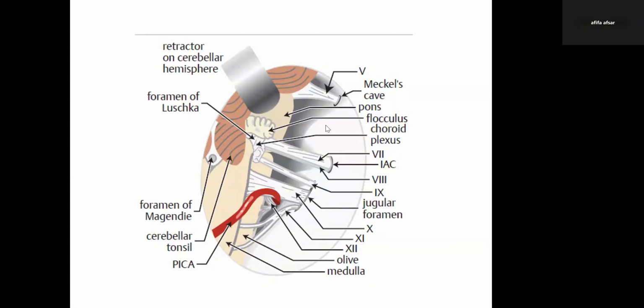So here we see that the retractor has been placed and the cerebellum has been retracted in order to show the connection and the arising of all the cranial nerves from the brainstem. So we see the widest part and the most proximal nerve is the cranial nerve 5, which then goes on to become intradural into the space of Meckel's cave. This is the pontine surface, so it is arising from the topmost portion of the pons.